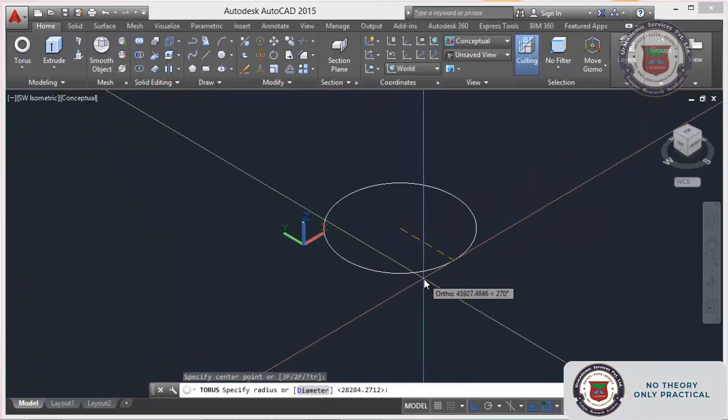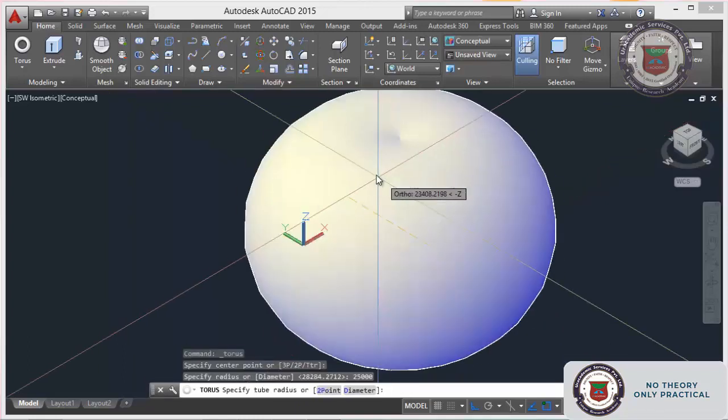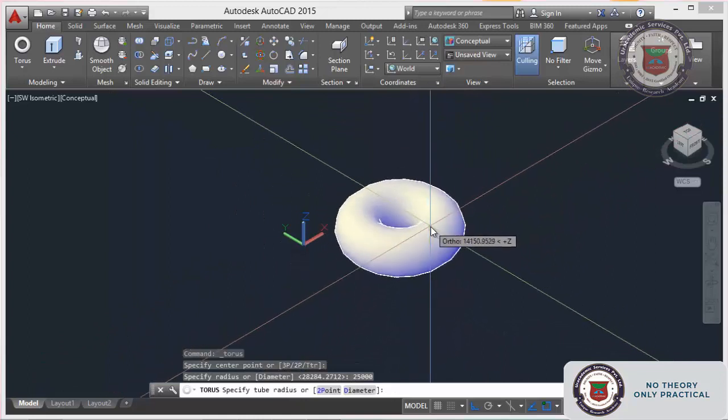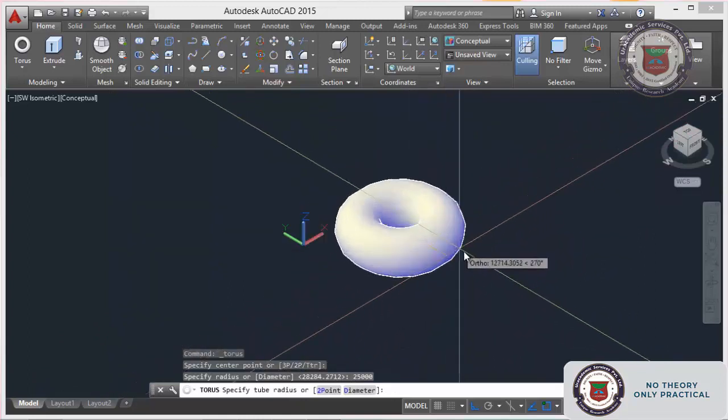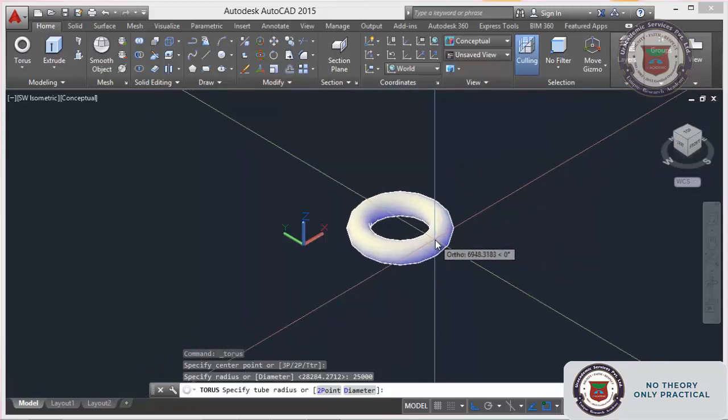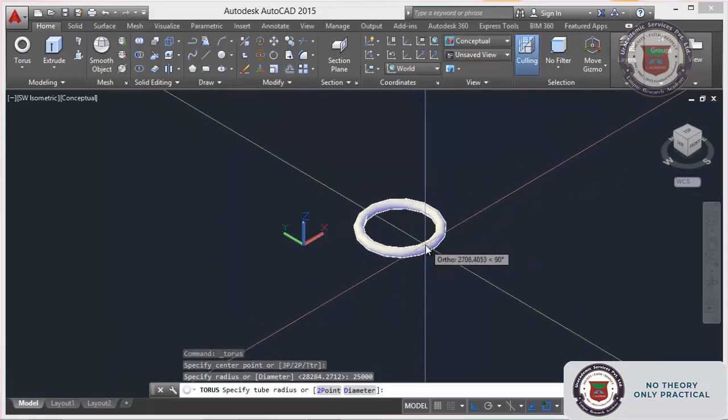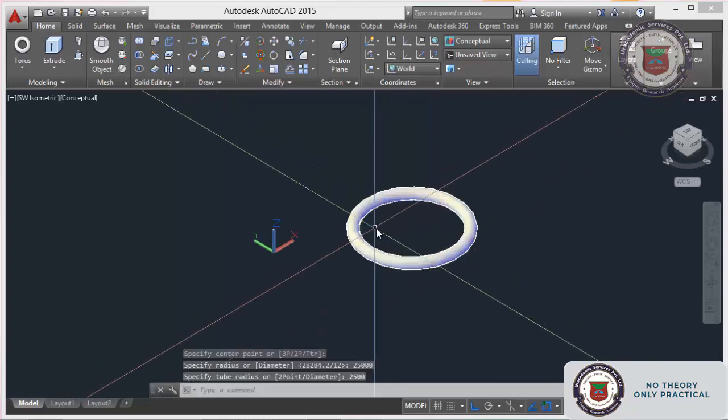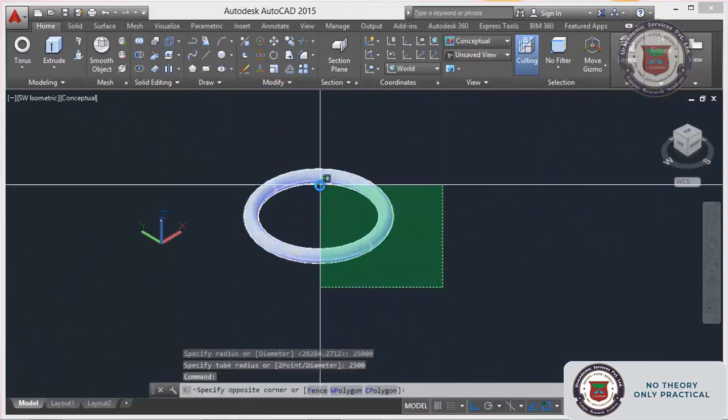You can give the radius about 25 meters, and you can give radius of tube around how much? 10 percent you can say. Okay, 2500. Now your torus came. Just see.